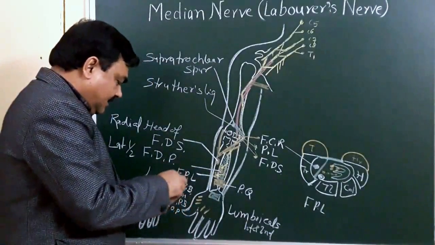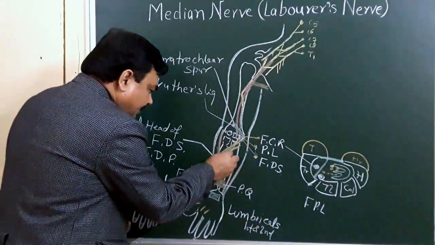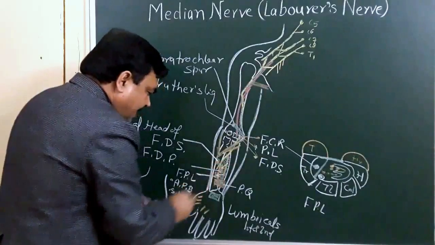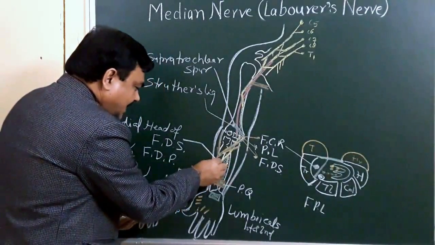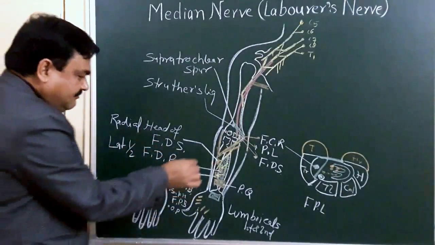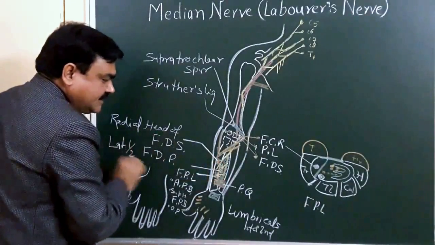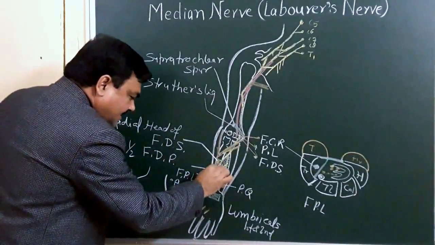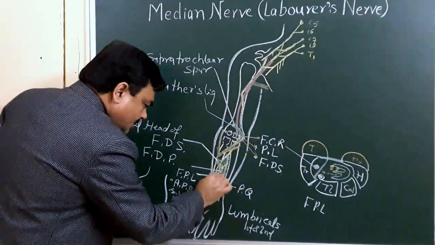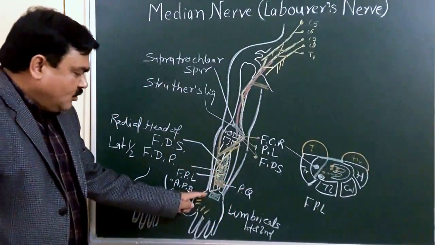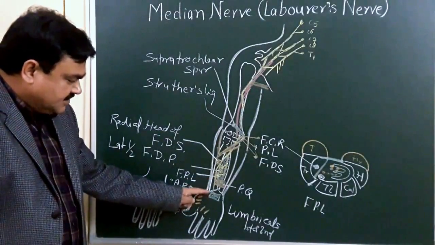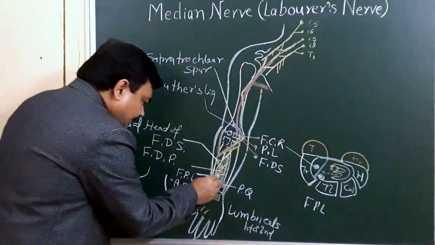Now, after giving these branches, the nerve turns laterally. On the lateral side, it gives a branch to the radial head of flexor digitorum superficialis. Then it runs downward up to the flexor retinaculum. About 5 centimeter proximal to this, it gives a branch that is known as